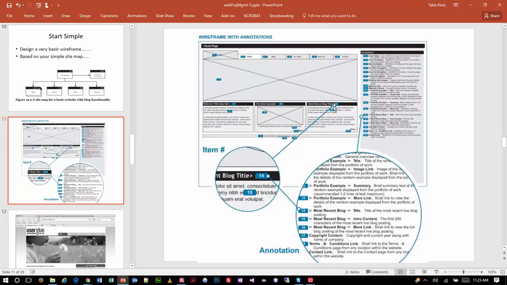All right, but you see the point here is they have an example of a wireframe, and then they have a very, very detailed explanation of what all the components are. So when you're trying to show a proof of concept